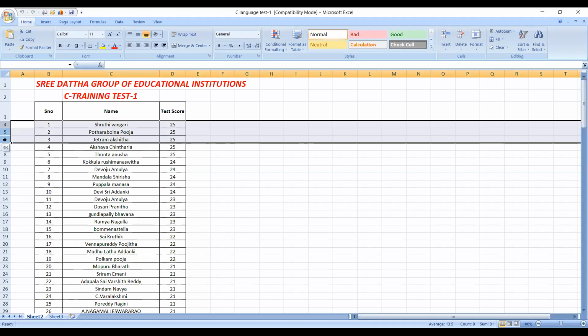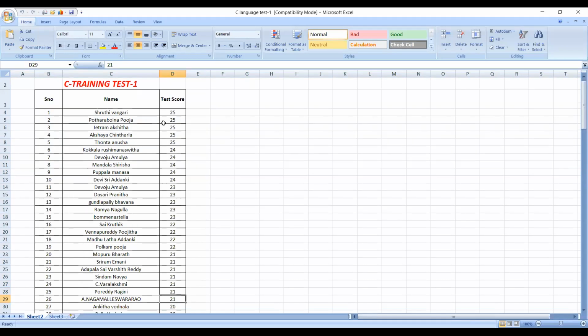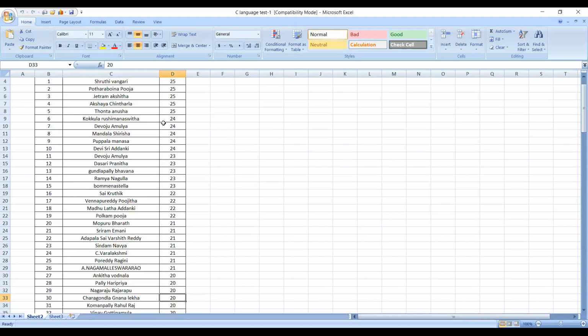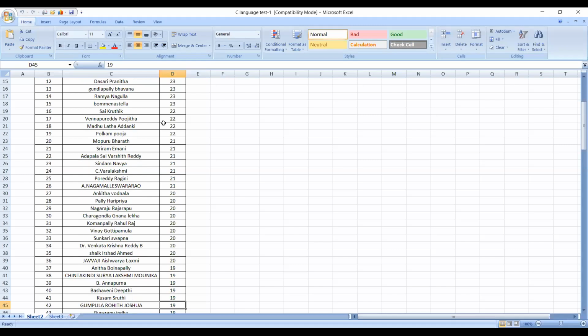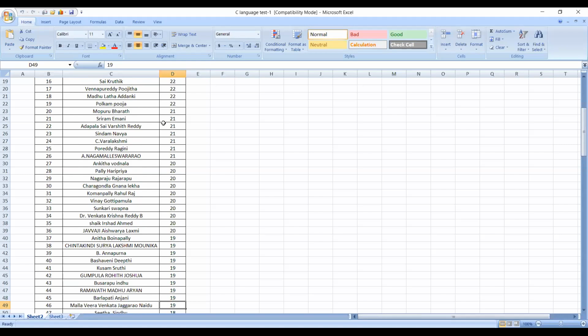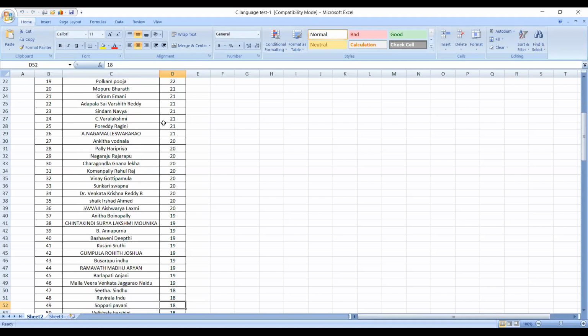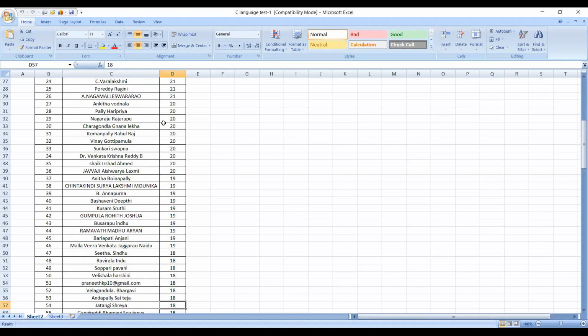Just check, I will scroll down, just check your name and marks. Sai Varshit Reddy 21, Haripriya 20, Annapurna 19, Pavani 18.